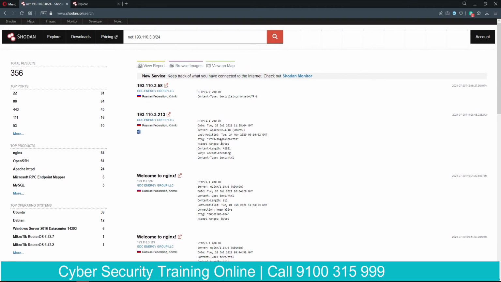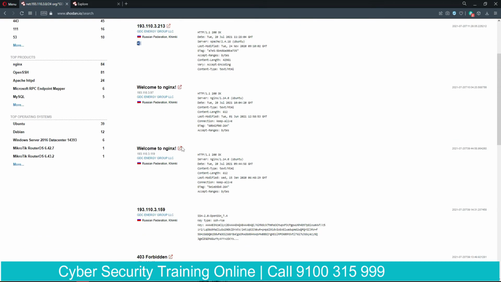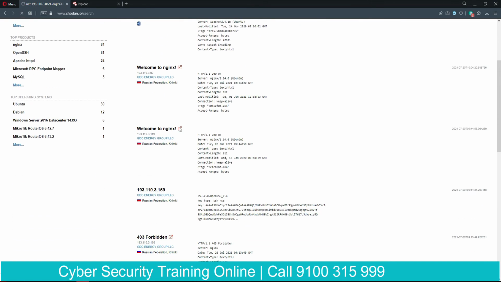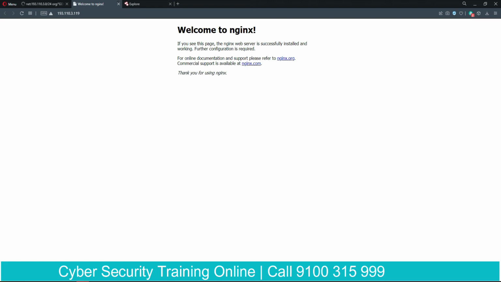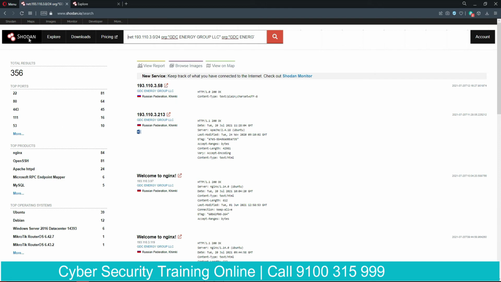Okay, and further if you click on any of these links with the IP address here, this would take you to a different web page, and that would show you a result. You can see here, I think this is the IP address we are actually connected to. You can see the banner here and the information about that IP address or web page here. And you can see here, this is the web page. So just click on any of the links and you will be connected to that.